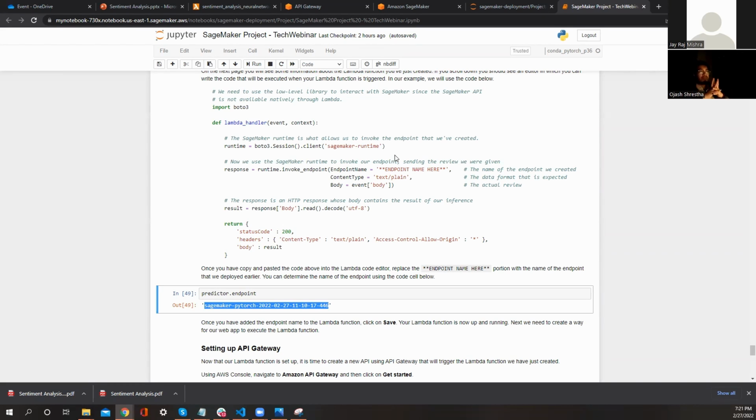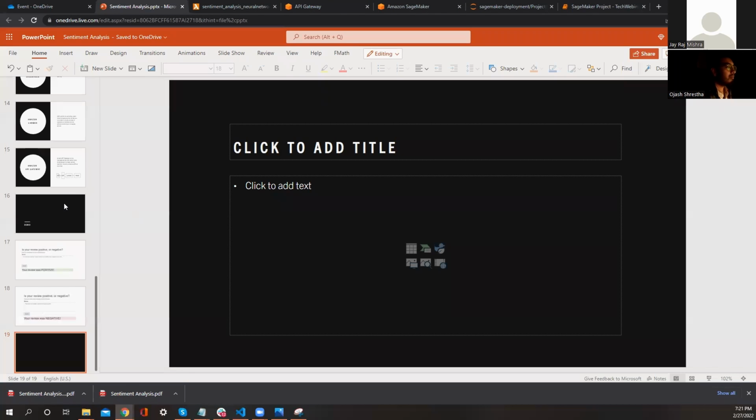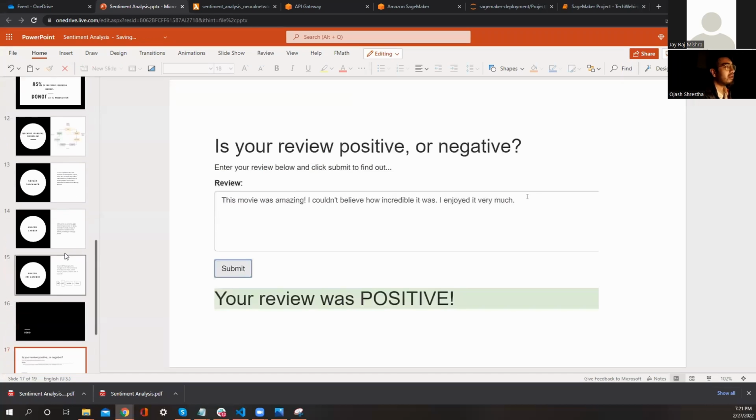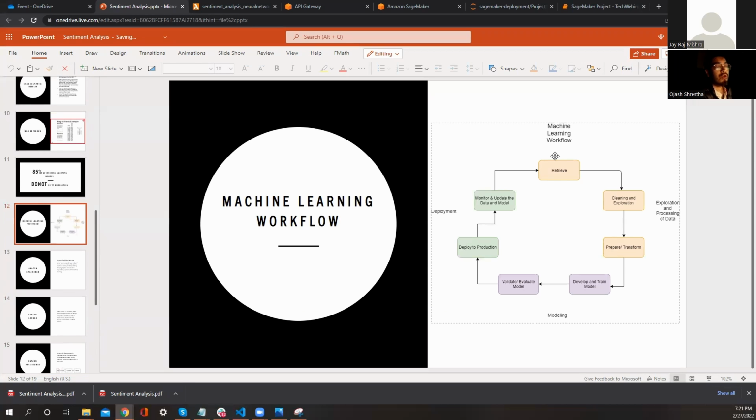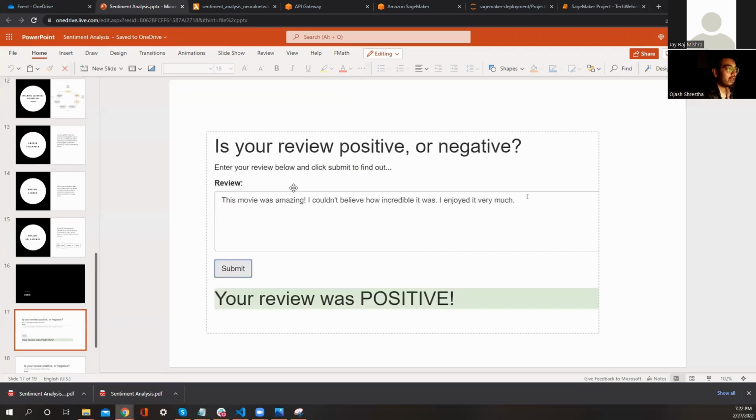So if you can do that, you can actually complete the entire machine learning process and get the grasp of the entire process of machine learning, right? So that's how you do it. So yes, I hope you guys liked the presentation, you've learned something, and if you have any queries, please feel free to ask me. Thank you so much.